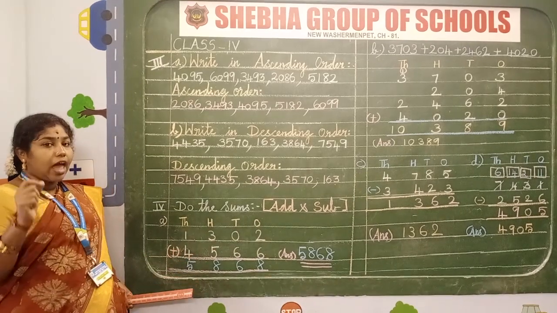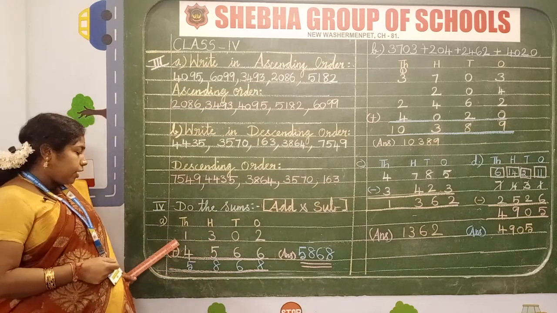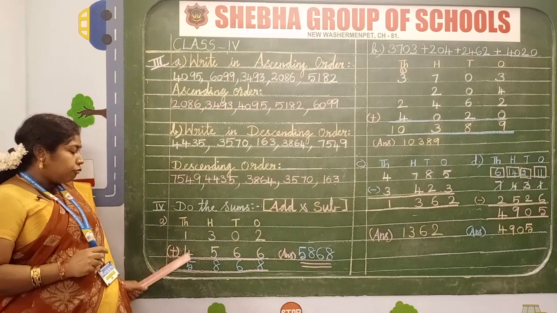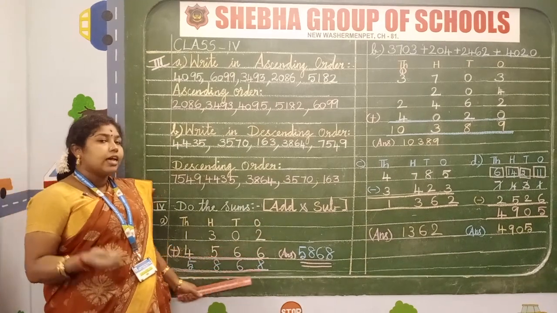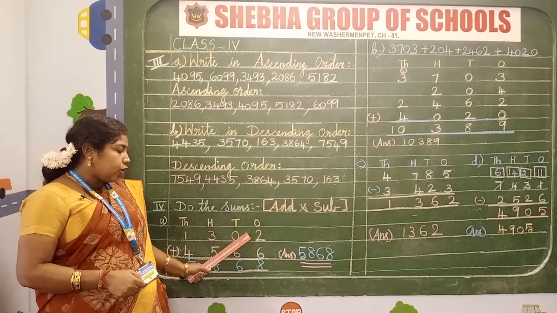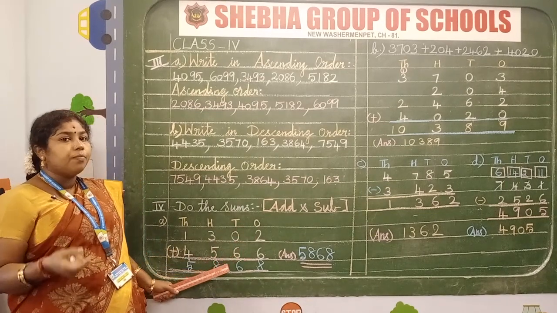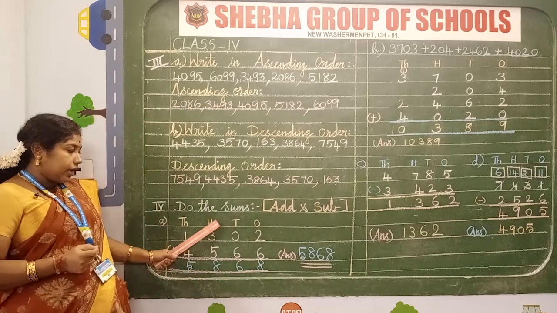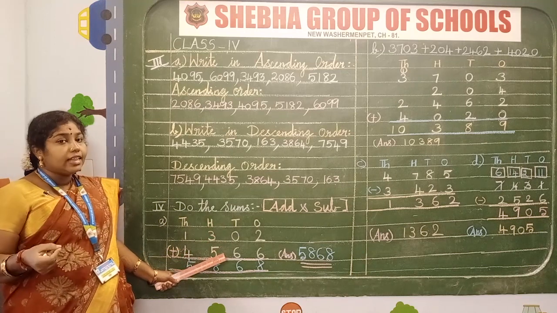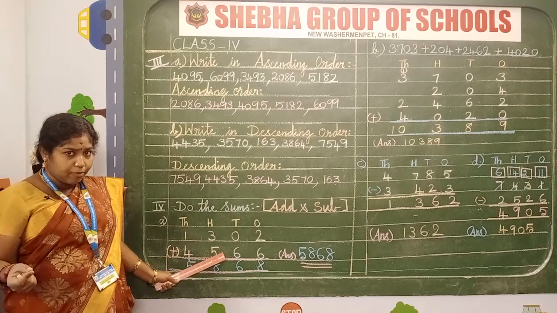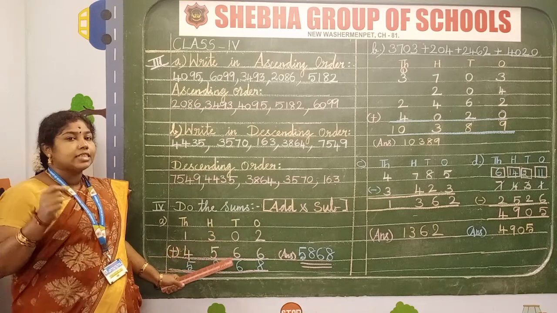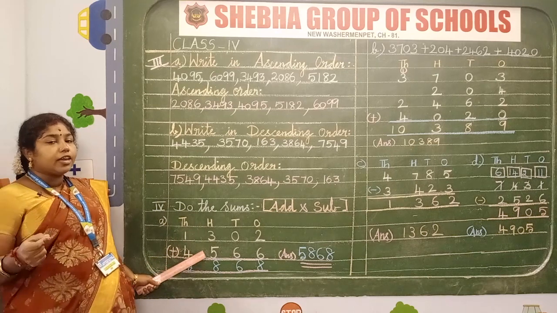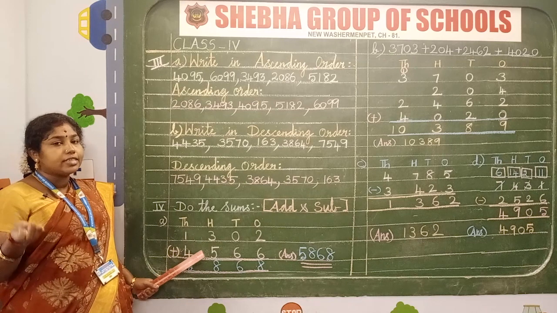For addition, we have to start from the ones place. So let me read this number for you. 1302 plus 4566. Come on, let's add it. From ones place value, 2 plus 6, we get the answer. Yes, you are right. 2 in the mind, 6 on the fingers, we get the answer 8. In tens, 0 plus 6, when we add a number to 0, we get the same number. So here 0 plus 6, 6. And in hundreds, 3 plus 5. 3 in the mind, 5 on the fingers. After 3, 4, 5, 6, 7, 8.